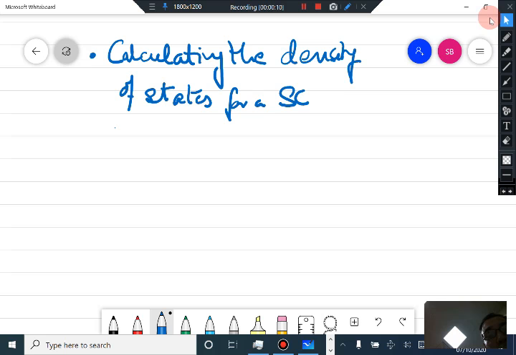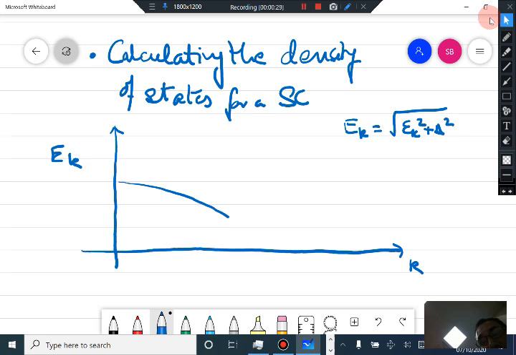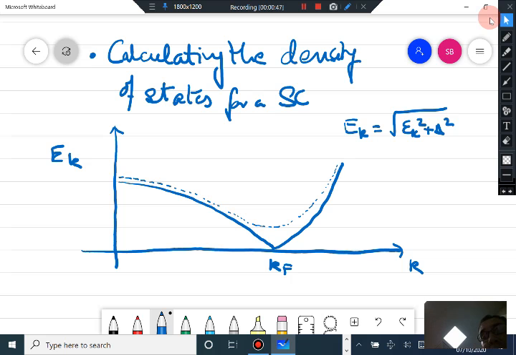Now, if you recall, we had calculated this energy spectrum, or the energy dispersion Ek, which is the square root of εk squared plus delta squared, and for a free electron, this is the dispersion at the Fermi energy, and for an electron in a pair, the energy will go like this,